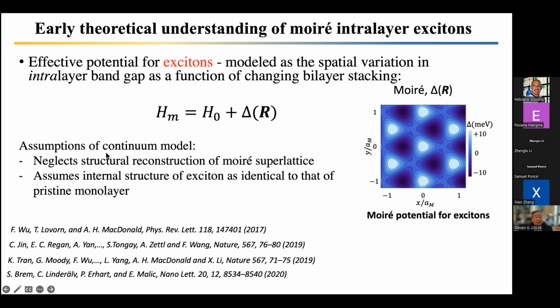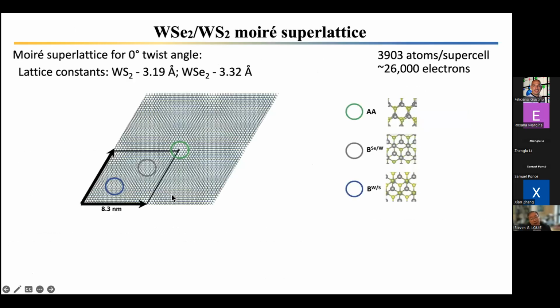One is that the model neglects a structural reconstruction of the Moiré superlattice. And the second one is that one assumes that the internal structure of the exciton is identical to that of the pristine monolayer. It turns out that both assumptions may not be valid in many cases. For example, looking at this particular case, because of the mismatch of the lattice constant of the 2 materials, it caused a Moiré superlattice